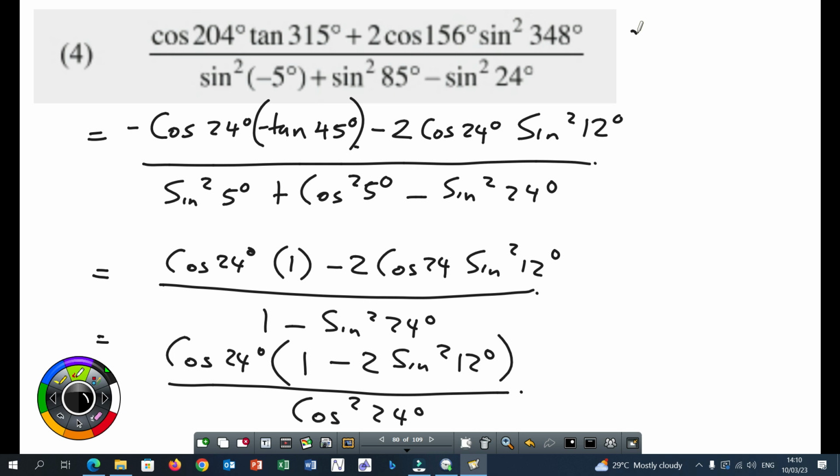Do you have a question? Where? Okay, this one here, I'm going to convert it. Don't worry, I will convert it. For now, I just took out a common factor. No, it's 1 minus sine squared 24. There is no 2, so it's grade 11. Right? Then,